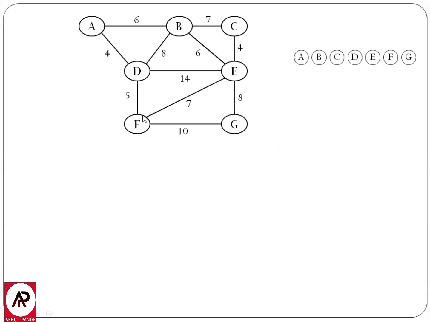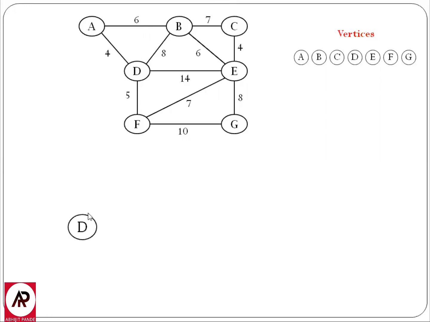Consider the given graph. For that we have to draw a minimum spanning tree. As we all know, a minimum spanning tree is a spanning tree having the property that all the vertices present in a graph must be present in our spanning tree. So I have considered here all the vertices that are present in my graph. There are 7 vertices present, so I have mentioned all 7 vertices here. Now in order to start applying Prim's algorithm, we have to choose any particular node as a starting node. In this scenario, I am considering node D as my source vertex and starting to construct the MST from node D.